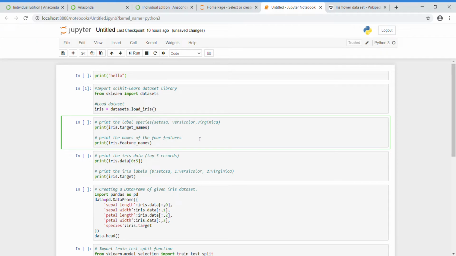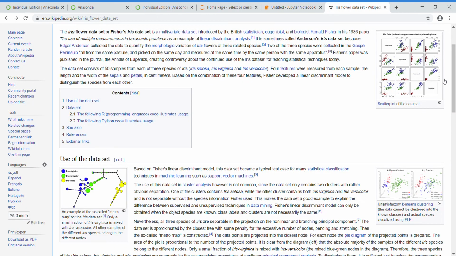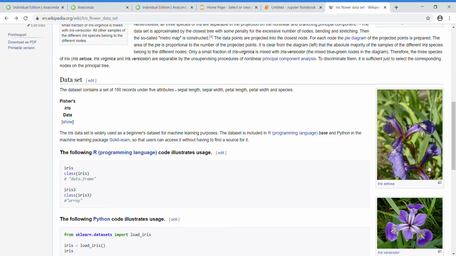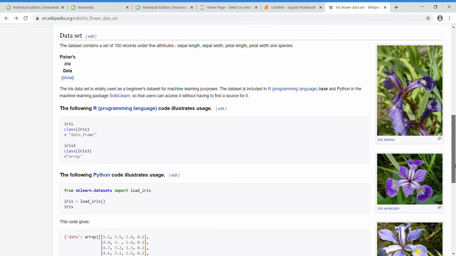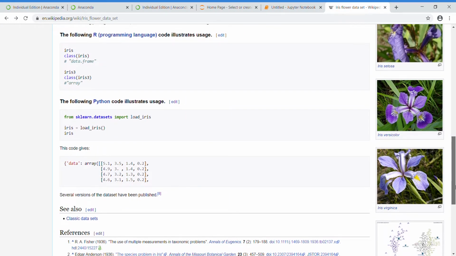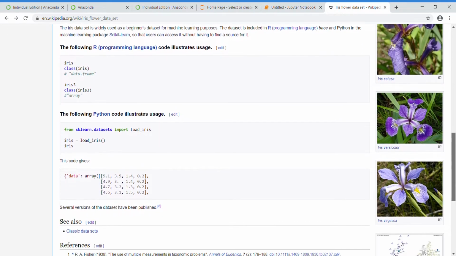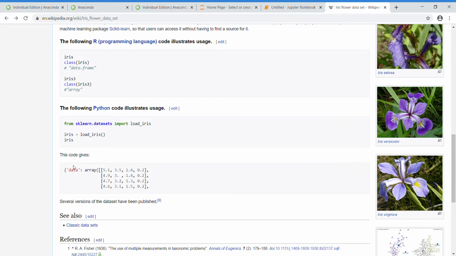First, understand what feature names and target names are on the Wikipedia page. So these three flowers, setosa, versicolor, and virginica, are my target names, and these data are my feature names.